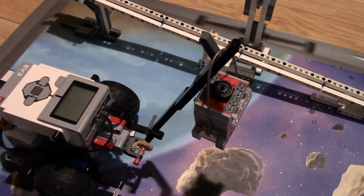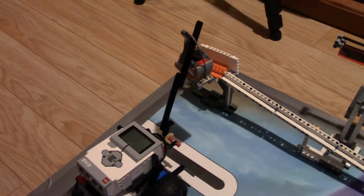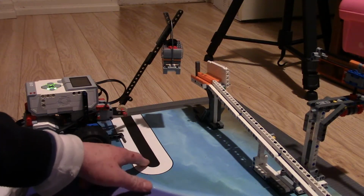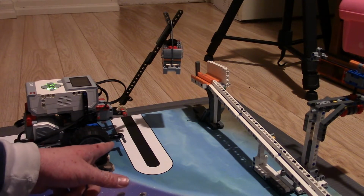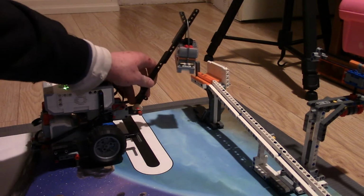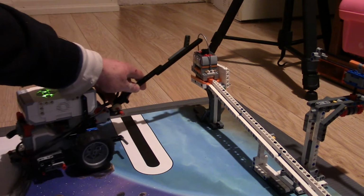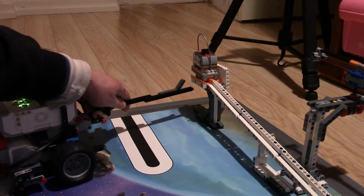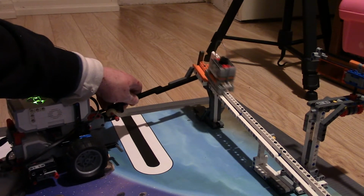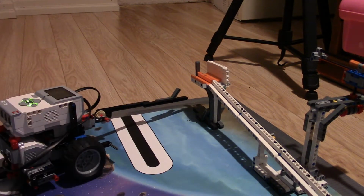I'll do that in the programming phase though, once I'm actually dialing it in and getting the program right. But essentially, how it's going to work is, I'm going to use a color sensor to detect this line. Once I detect that line, the robot should be in the perfect position to lower the cart onto the platform. I'll then back out and lower it, and then raise it on the starting mechanism, and then drop the cart